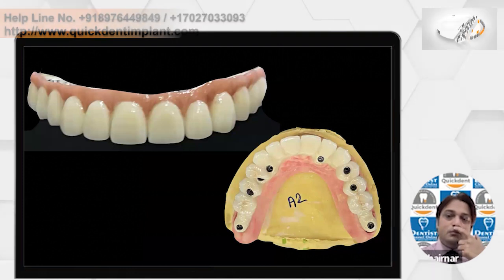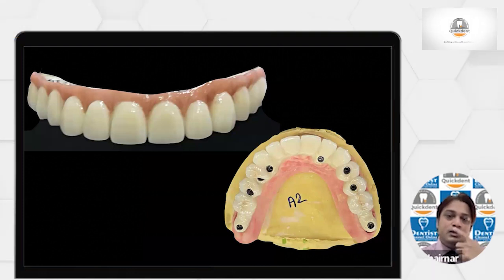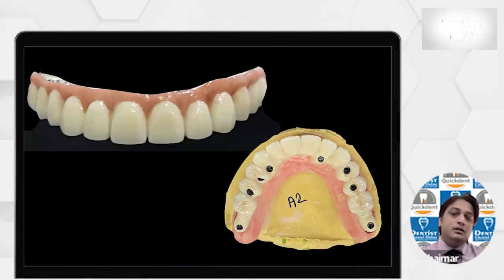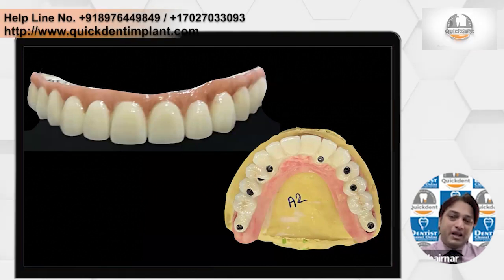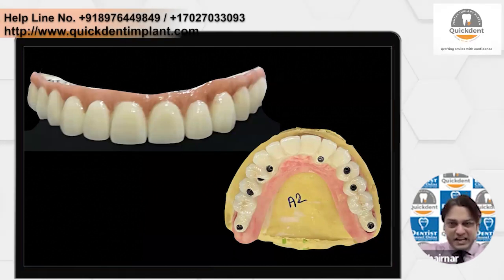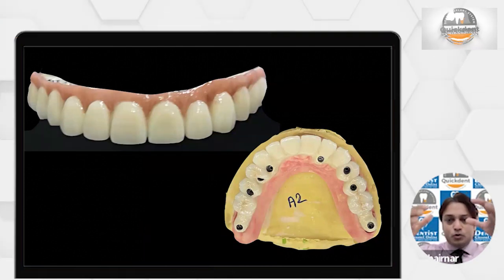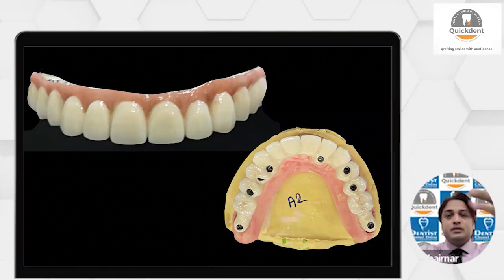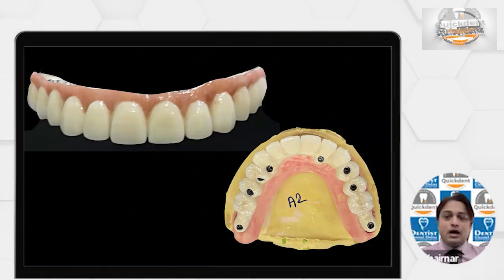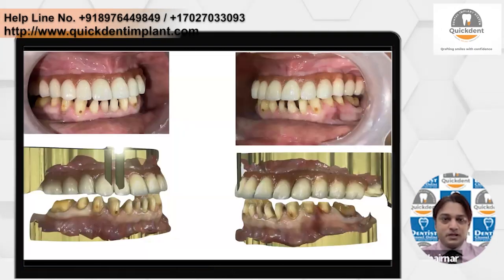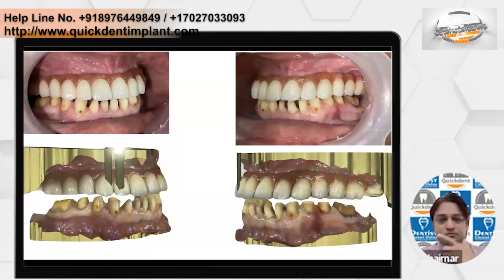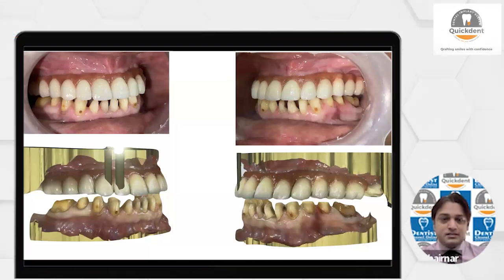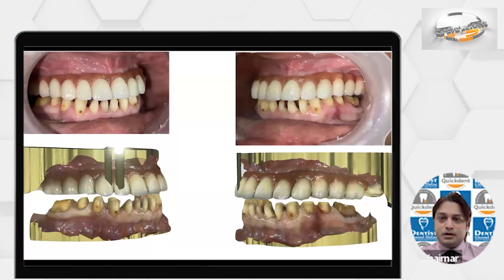So we added a little more thickness, because see the bone loss, because of the bone loss, the bone is located quite more palatally, because the maxilla shrinks inside. That's why the bone is there and the teeth position is comparatively outside. So that's why we had to add little more bulk on the cervical aspect, so that her lips don't get dropped. And this is the bite of the patient, upper and lower.